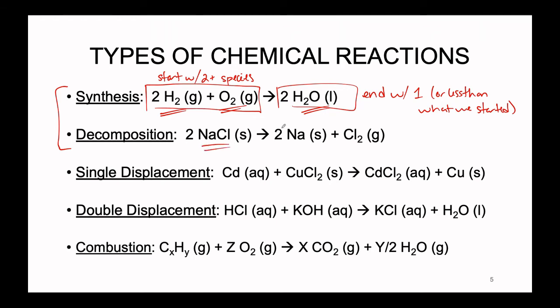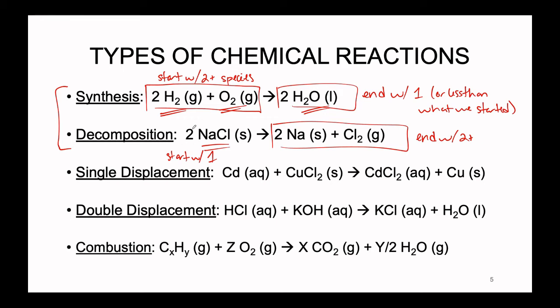All right, decomposition is sort of like the equal yet opposite version of synthesis, where we can see here we start with 1 and we end with 2. And we might end up with more than 2, and that's totally fine, but the takeaway message is with decomposition, we start with 1 reactant or 1 type of reactant,